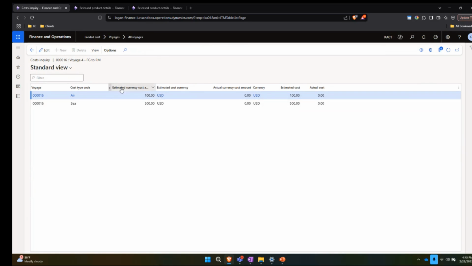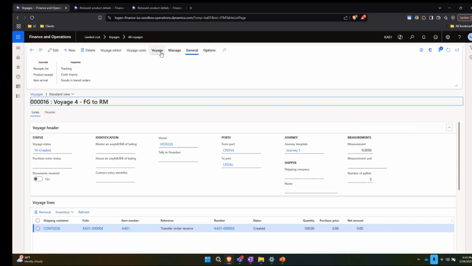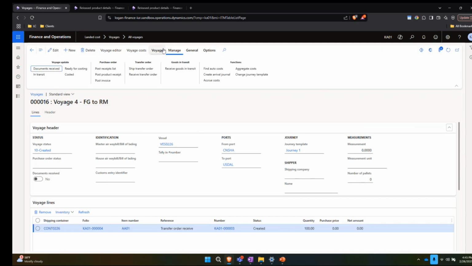And as you can see, it gives you your estimated cost in your transaction currency, and then it also gives you your estimated cost in your accounting currency. We have no actual costs yet because we have not received any sort of invoice. We'll go back to our voyage, and under the manage tab, under voyage update, these are the buttons that the